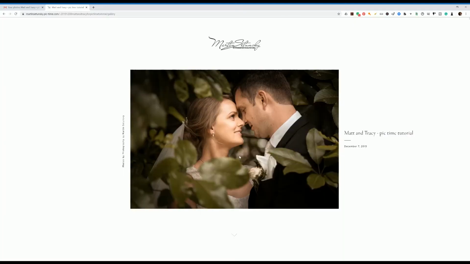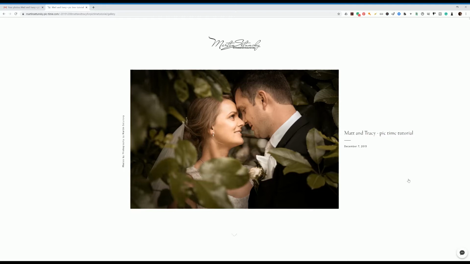Once you log in, you will see the cover photo of your gallery. This is usually my favorite photo from the whole wedding day photo shoot. For this tutorial, I'm using Matt and Tracy's wedding gallery. I photographed their wedding about a few weeks ago. I already edited all the photos and they already have access to the gallery too. This gallery is an exact copy of what they have received, so I can actually show you all the features